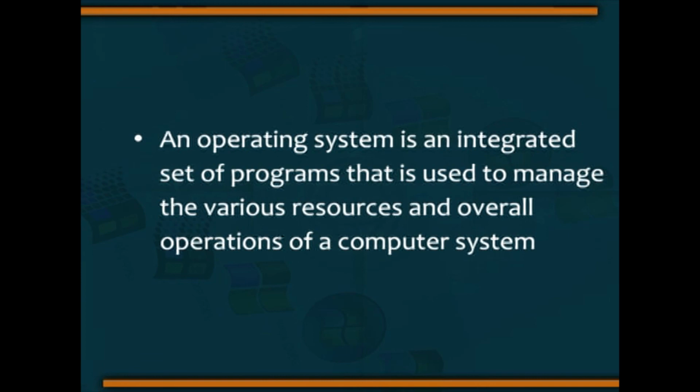These programs require certain common operations, such as those controlling the input-output devices. The common functions of controlling and allocating resources are then brought together into the software, the operating system. An operating system is an integrated set of programs that is used to manage the various resources and overall operations